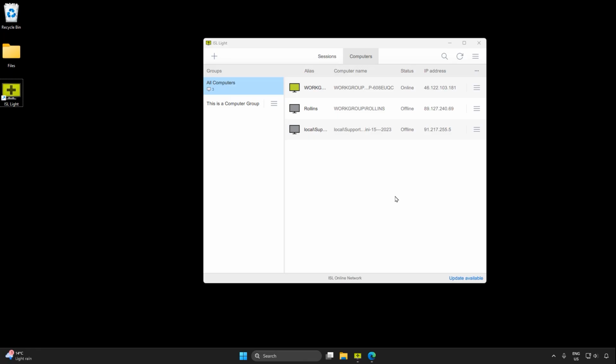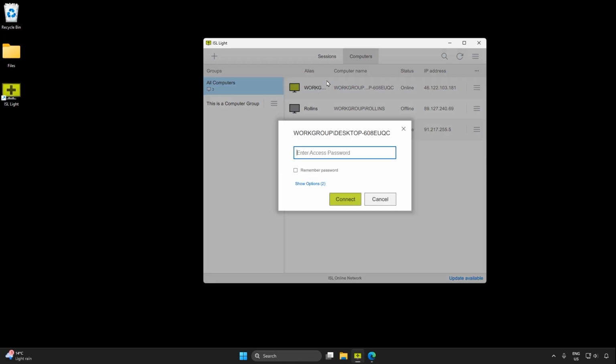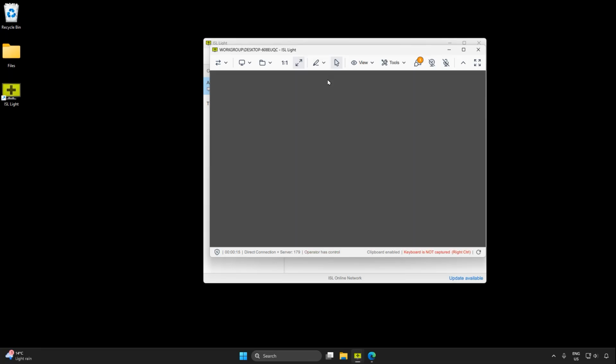Of course, this comes in handy when we're dealing with large databases of computers, such as schools, hospitals, banks, or somebody you love who just isn't really all that tech savvy, family member maybe. Anyway, I just click on it and connect to it using the password that was defined earlier in the process. And we are once again connected.